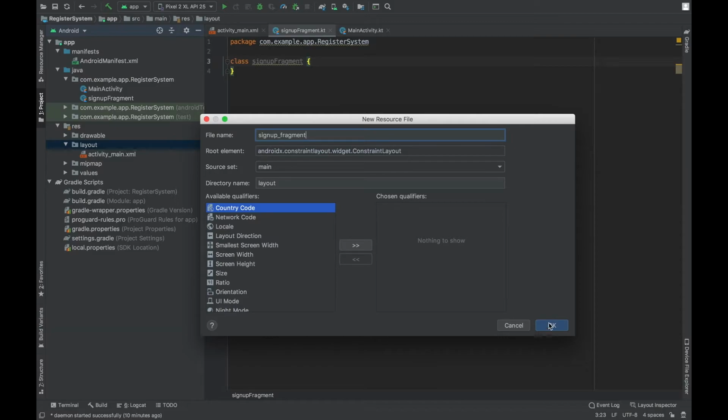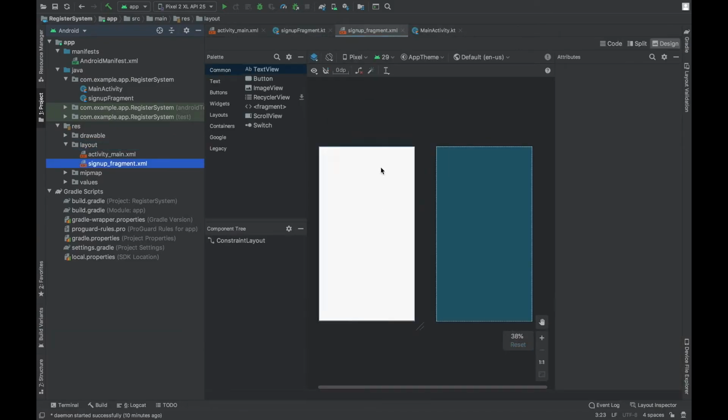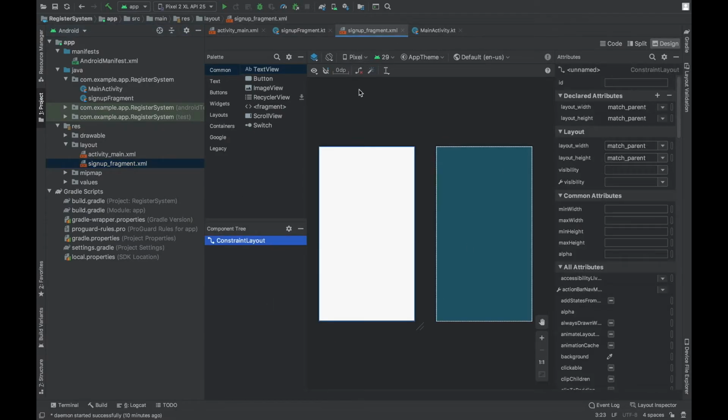Click OK to create your layout file. And in this also we have by default constraint layout as the root layout, that is the layout in which all the layouts and widgets we are going to put.